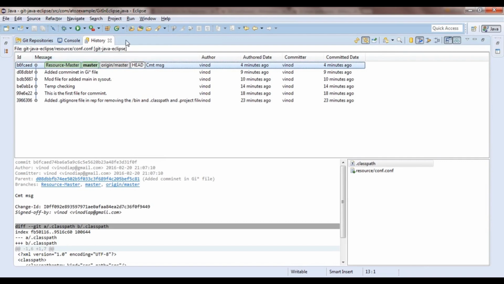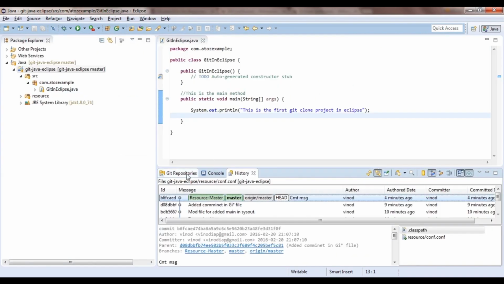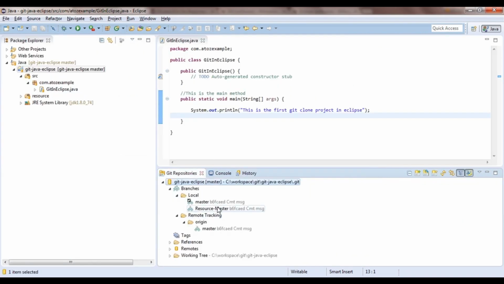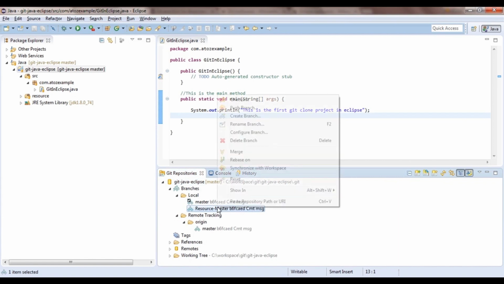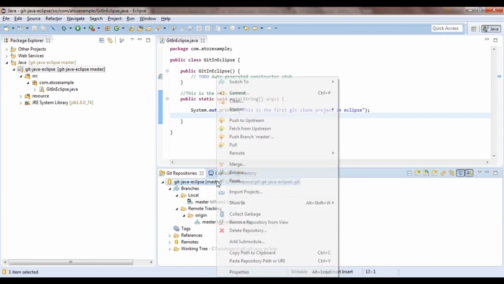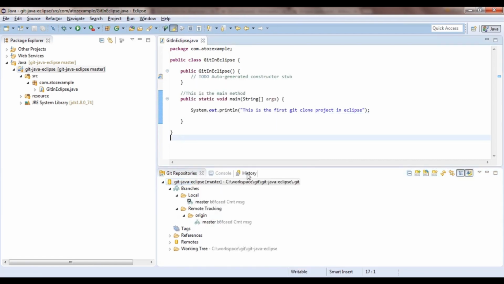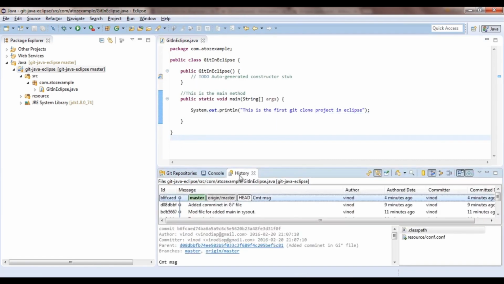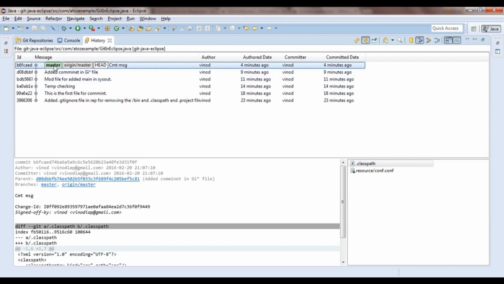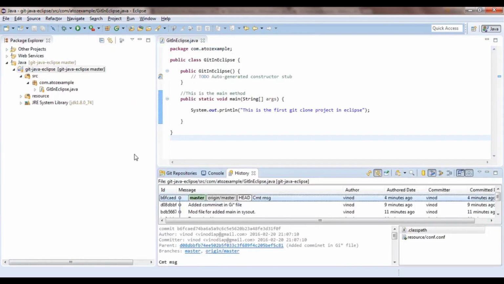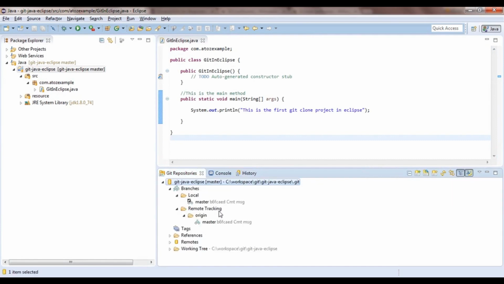Okay, now what we'll do, we'll remove this one, resource master. How to remove? Right click and just delete branch. That branch will be deleted, and okay, so that branch got deleted. If you see that in resource history, now in history we'll have only master and origin and head. Resource got deleted. Now you'll see another thing,